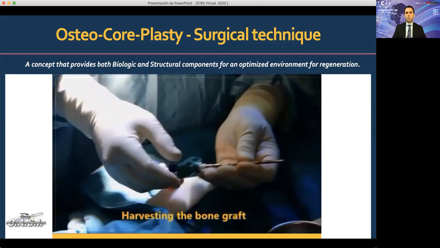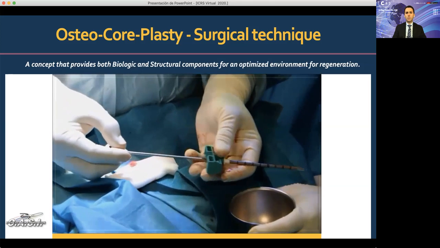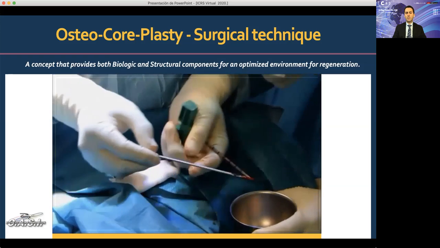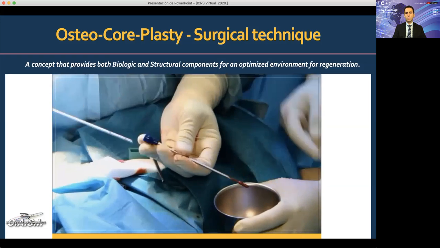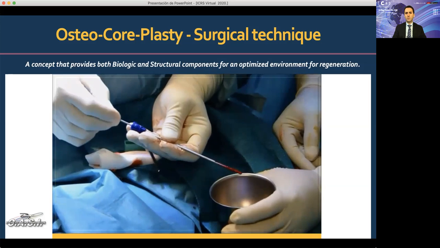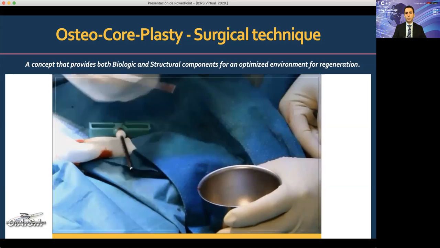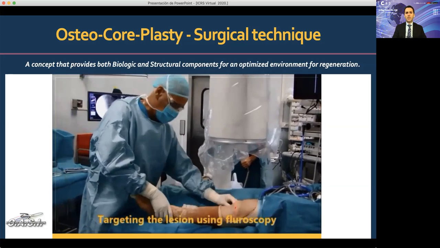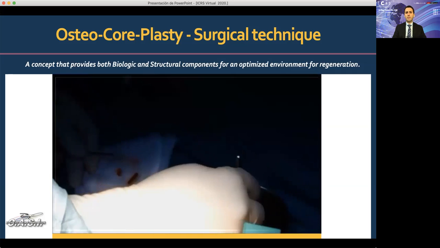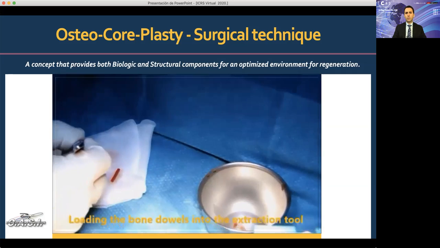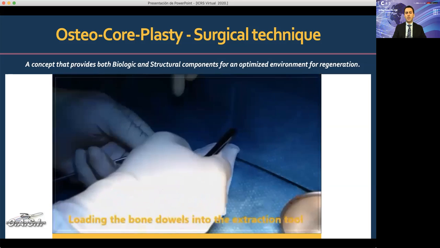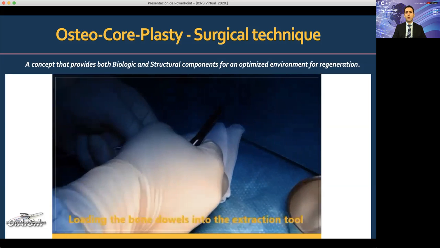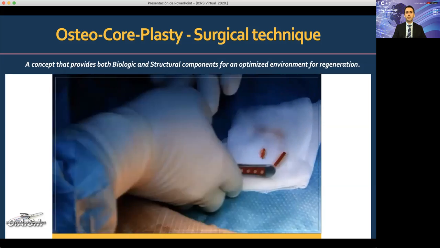In this step, you have to be very careful not to break the bone in the iliac crest. As you can see, this is the bone dowel with cells and the vascular unit. Targeting the lesion using fluoroscopy is key for the success of the treatment. Then, loading the bone dowel into the extraction tool is performed,